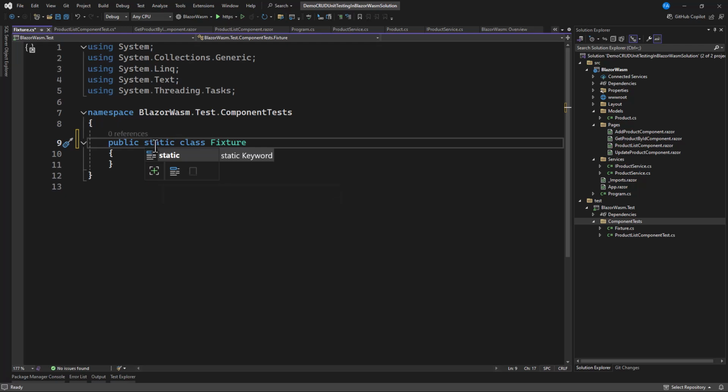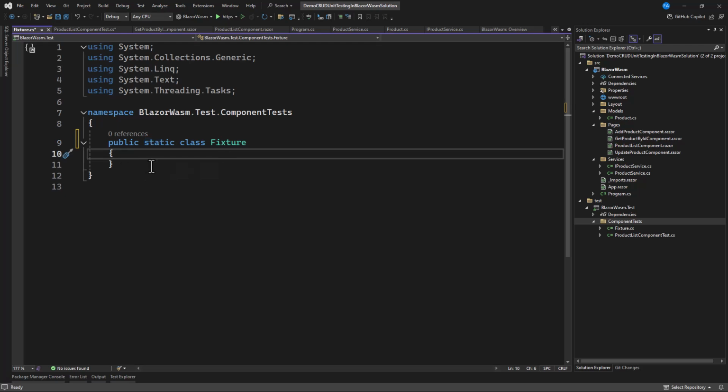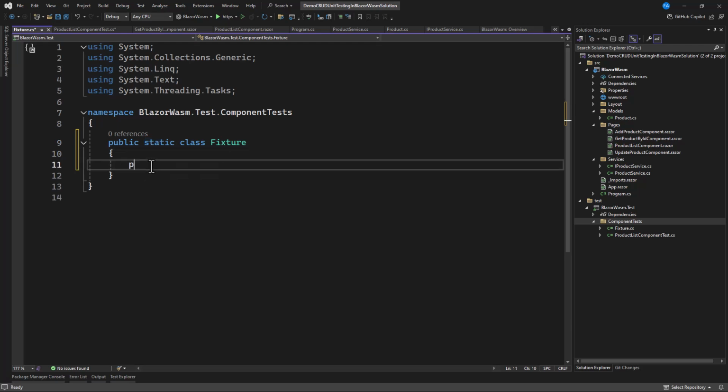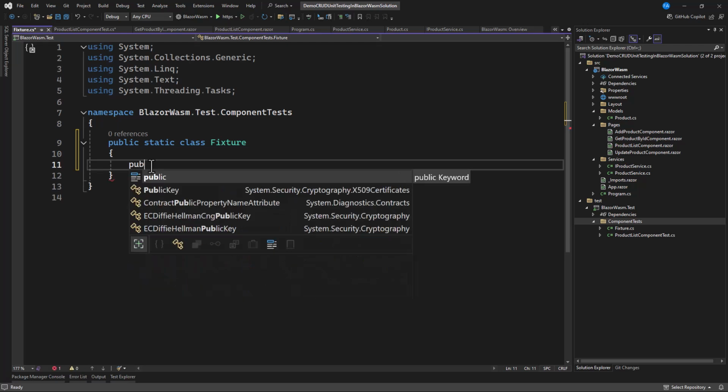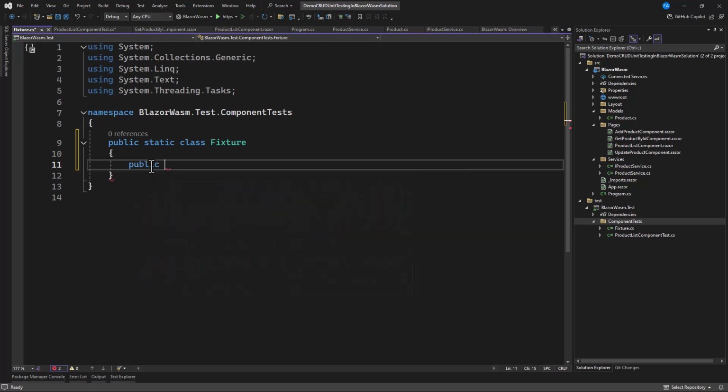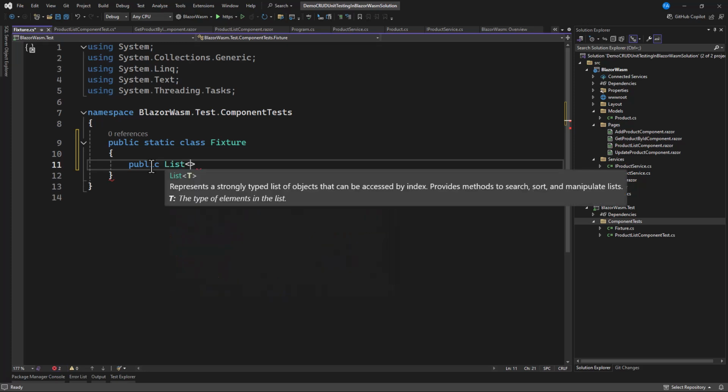Okay, normally in order for us to test, it should not be static. Okay, we can make it, but what we can also do is create this in a register and use it. But for now, let's make it static because it contains a mere record for a dummy test. So this public method is going to return product,